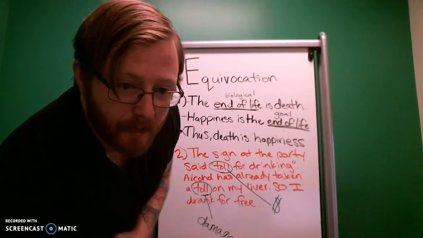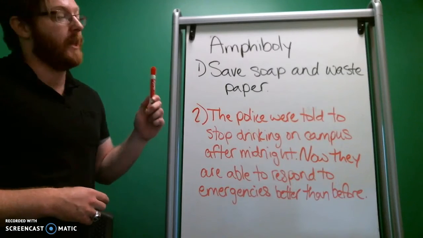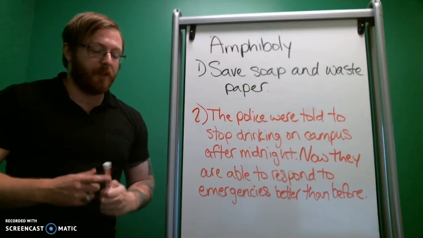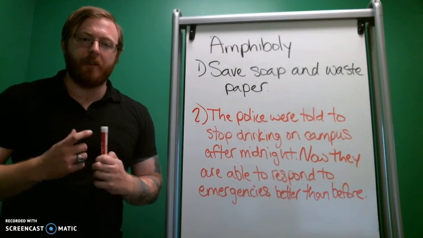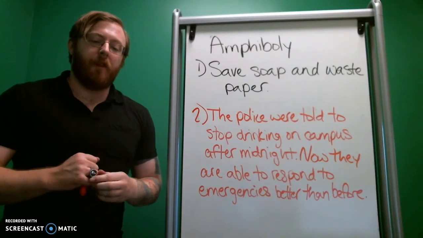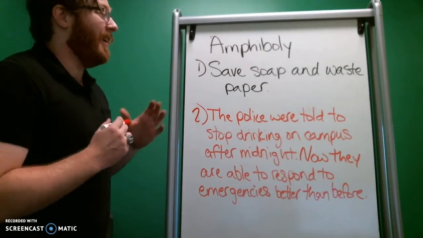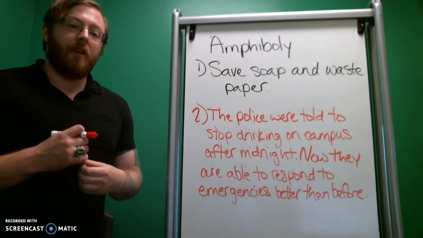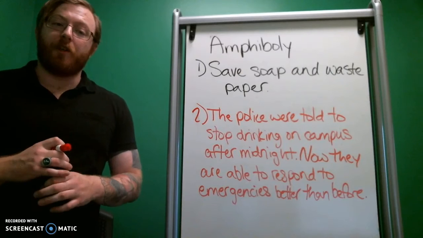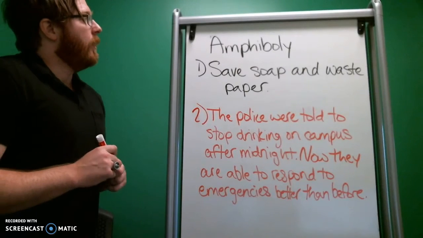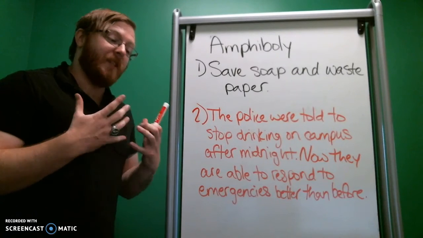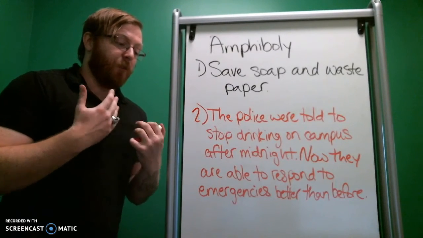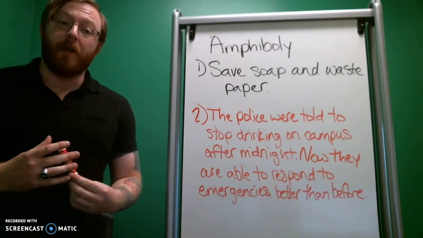All right, now we're on to the fallacy of amphiboly. And so this one's really similar to the fallacy of equivocation. It's another fallacy that deals with ambiguity. But here, the ambiguity is not in a particular word or phrase. The ambiguity is in the sentence structure itself. Right, so there's something missing from the sentence, or it's the way the sentence is written that allows it to be ambiguous.